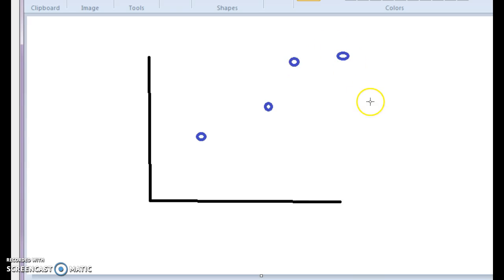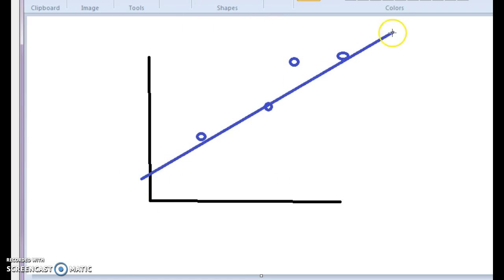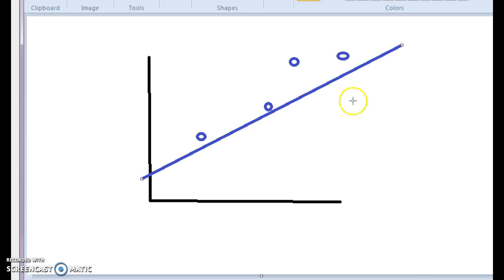My best fit line is a straight line that goes through as many points as possible with the same number of points above and below. This is not a good best fit line because all my points are above it. That's not good. We want it to be balanced, kind of like a teeter-totter. All right, so let's try this. If I do this,